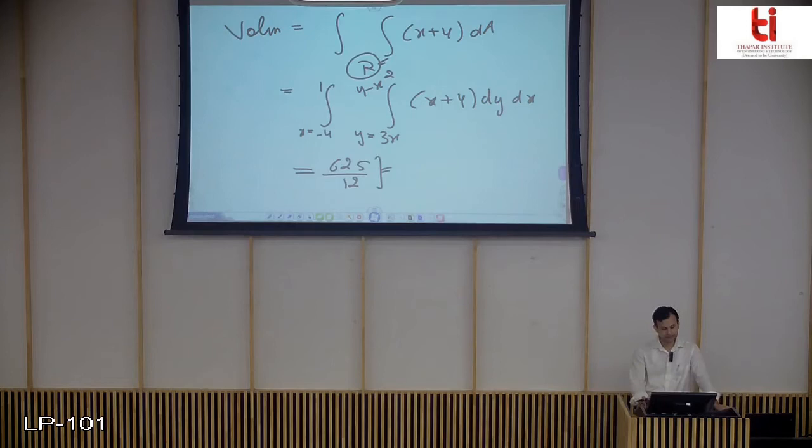So these are the limits of integration, and here we choose y first, and then x, because in this order of integration the region is not going to split. It remains the same, and we can find the limits of integration easily. So this was the first question regarding volume.